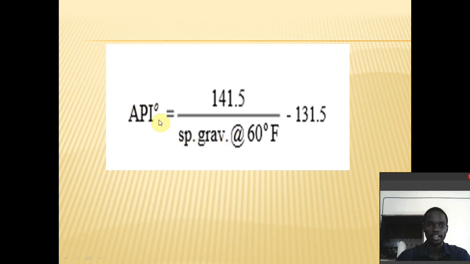For example, the specific gravity of water at 60 degrees Fahrenheit is 1. When it is 1, you get the API gravity of water at that temperature to be 10, meaning that the boundary can be 10 degrees API. And to explain further,